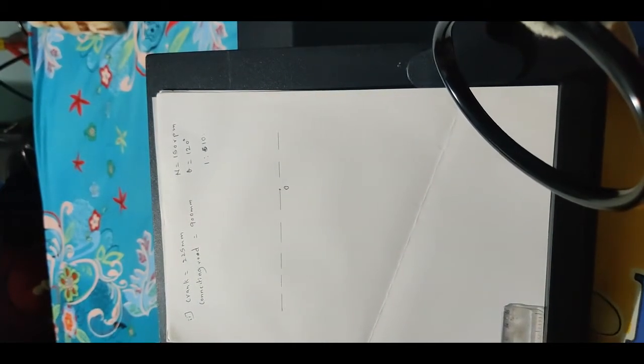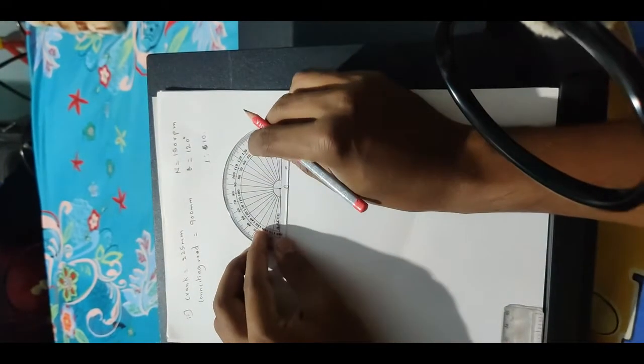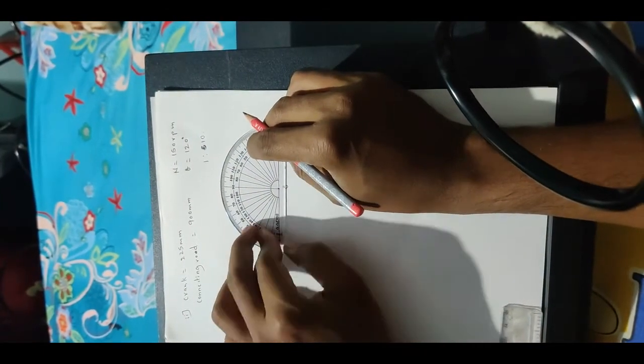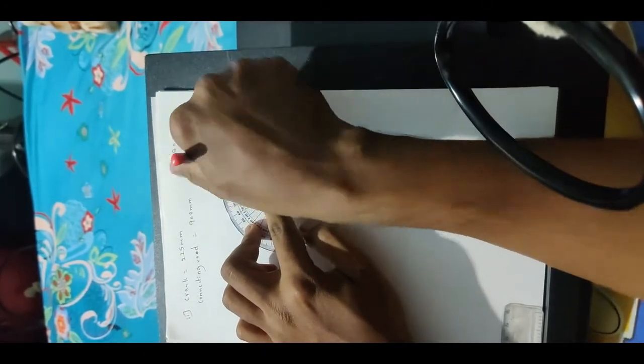We'll take the protractor and draw the crank position. This is 90 degrees, so this will be 120 degrees here.